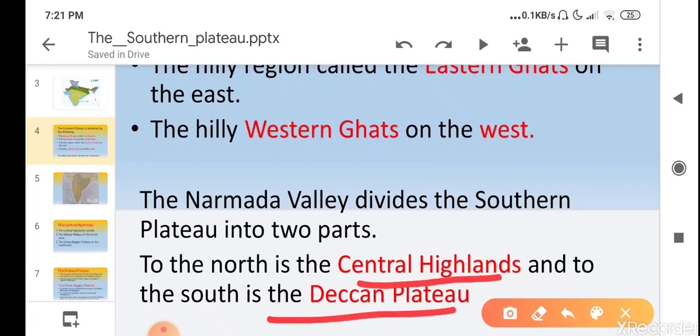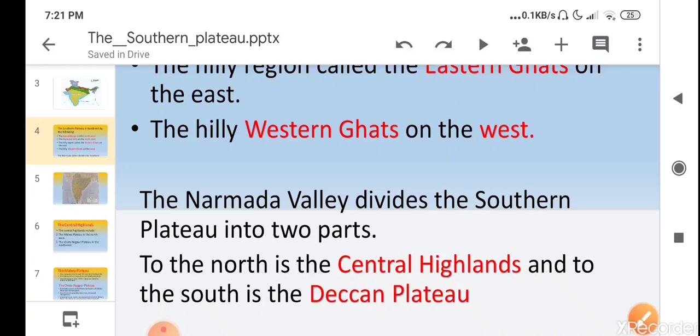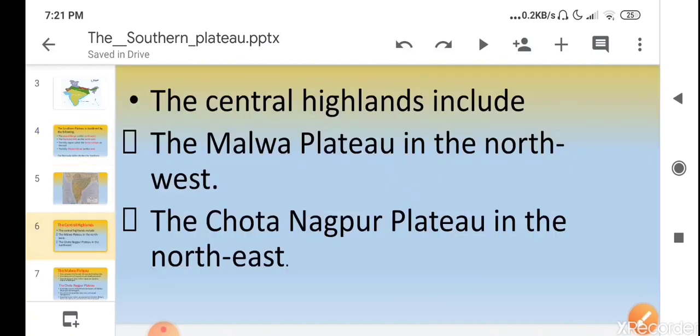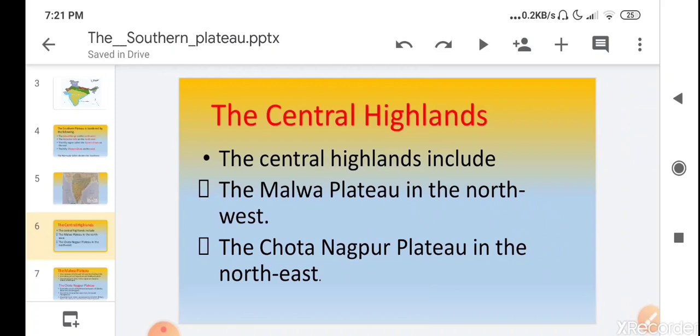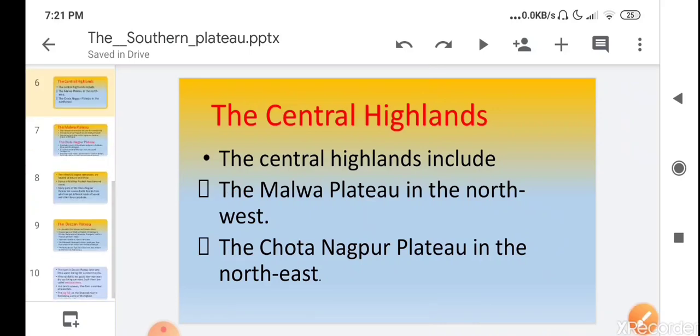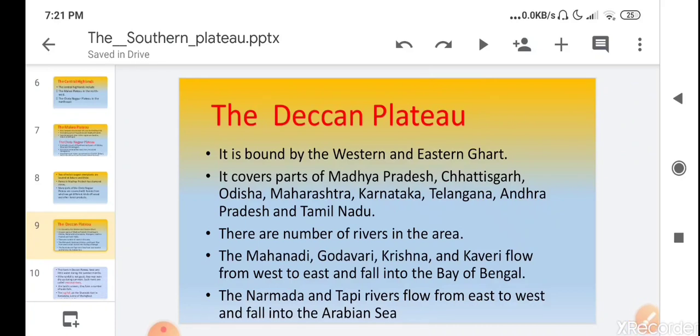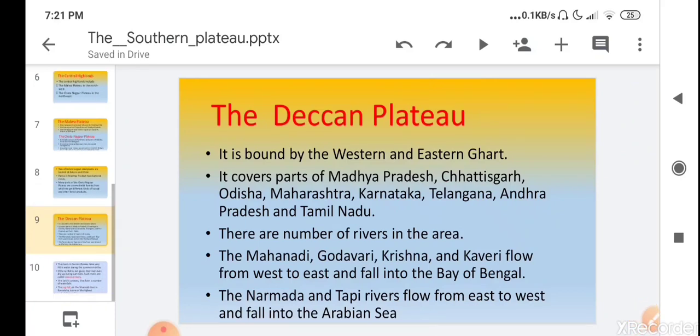The Central Highlands include the Malwa Plateau in the northwest and the Chota Nagpur Plateau in the northeast. Then we learned about the Deccan Plateau, which is bounded by the Western and Eastern Ghats.